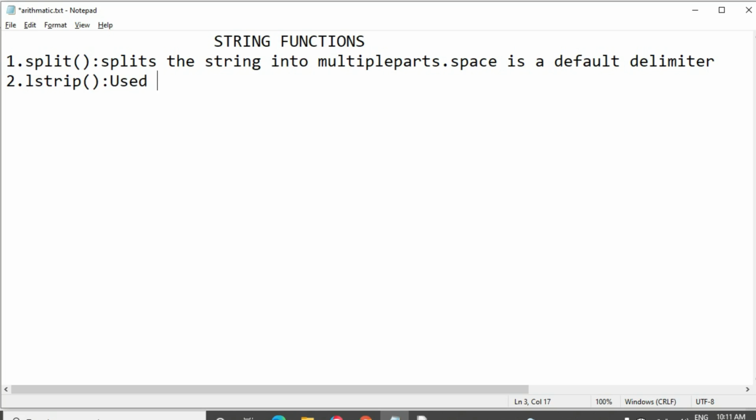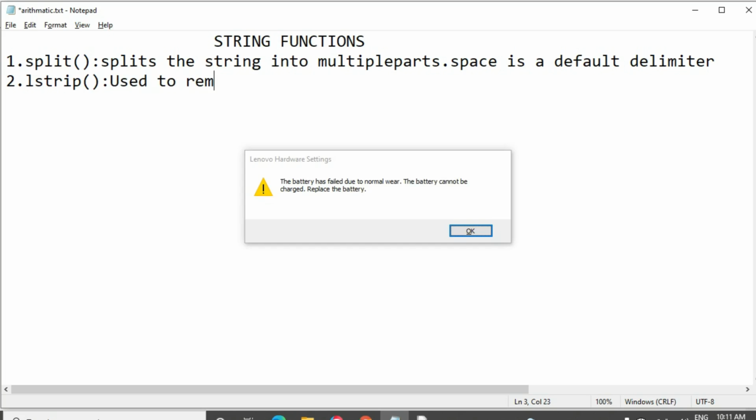It removes elements from the left side of the string only. It is used to remove a specific special character from the left side of the string.